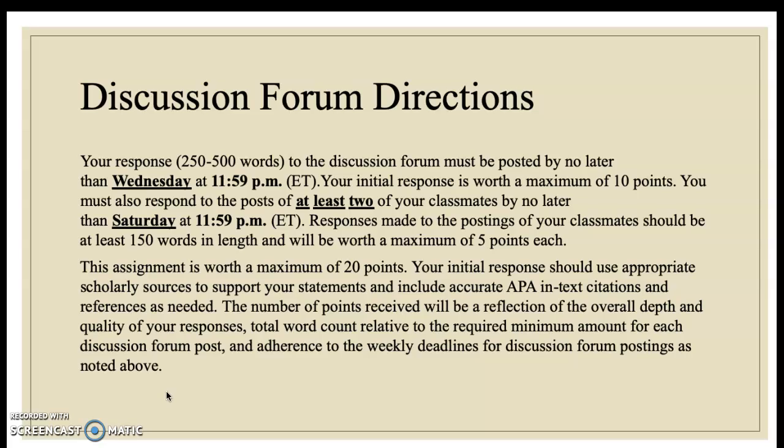Discussion forum directions. Please remember your initial post is due by Wednesday at 11:59 p.m. That initial post is worth 10 points. You're going to respond to at least 2 of your classmates no later than Saturday at 11:59, and each of those responses are worth 5 points.